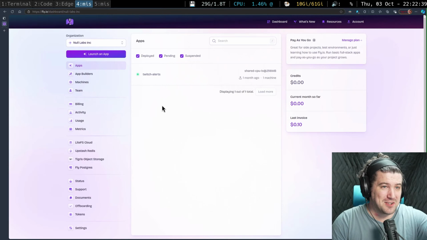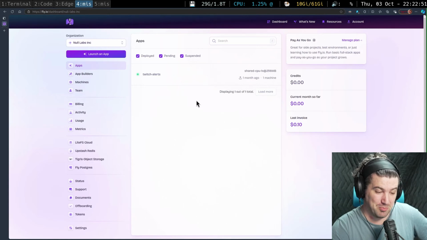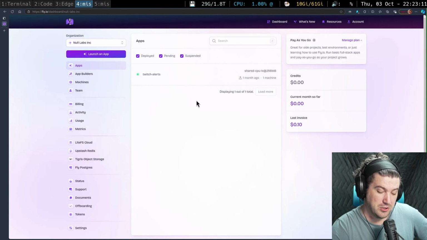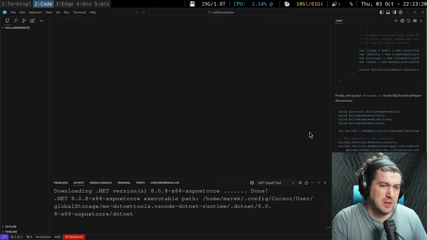The mistake forgiveness is actually pretty cool. So basically, if you spend a lot of money on a mistake, like do a bad deployment that spends a lot of money, like you accidentally deploy 1,000 of something, they'll forgive it, which is pretty cool. So yeah, I would actually like to get some of the Fly.io people on stream if they would ever like to do a stream with me. They do some interesting things here with their service. We've just been playing around a little bit with it.